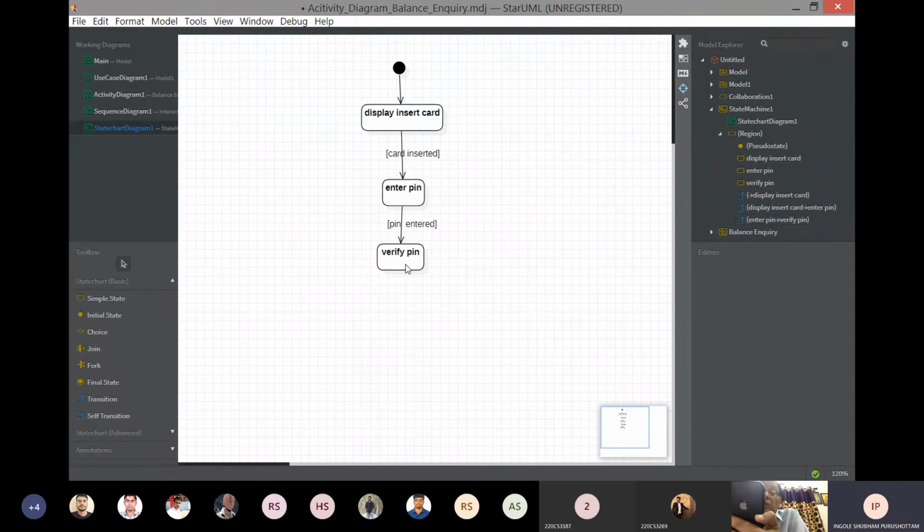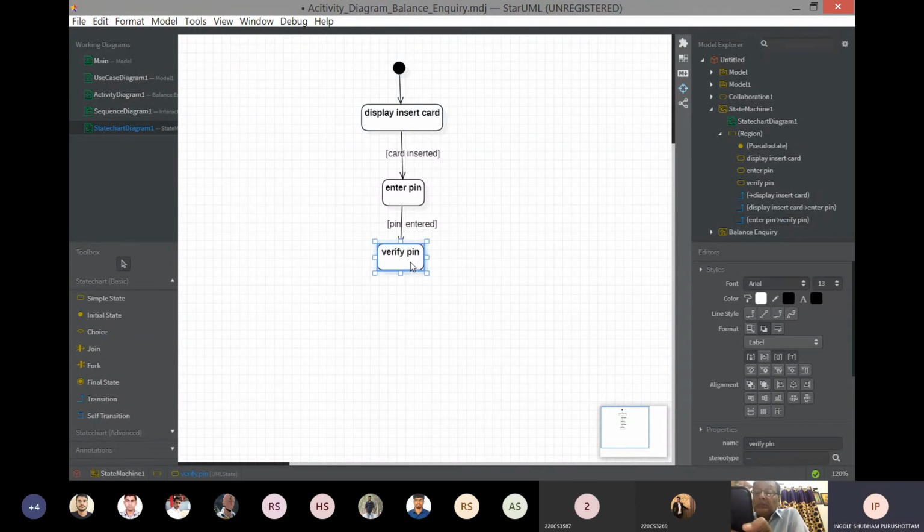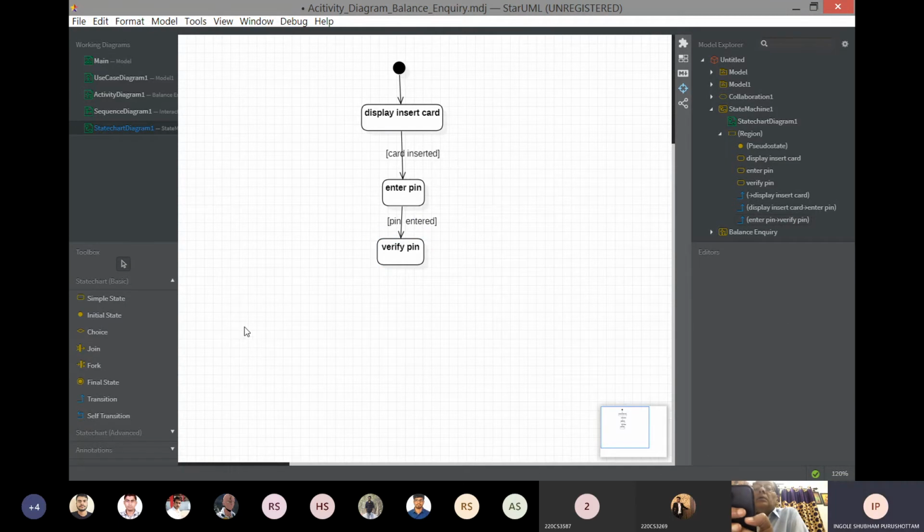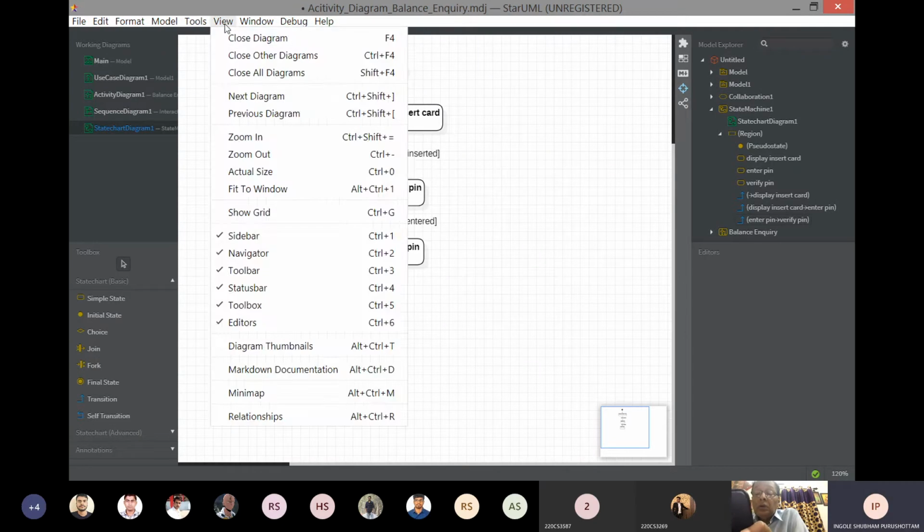So when the pin is entered, the state changes from enter pin to verify pin. Now again we have two options, if the pin is valid or the pin is invalid.